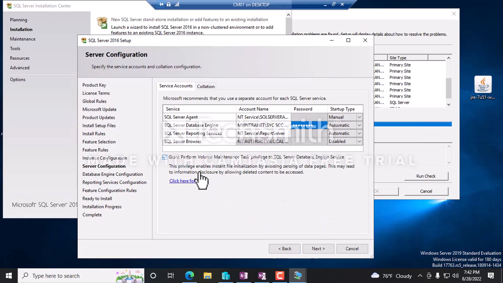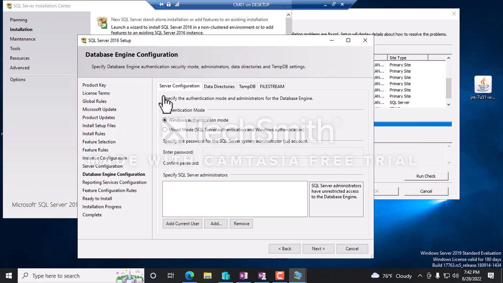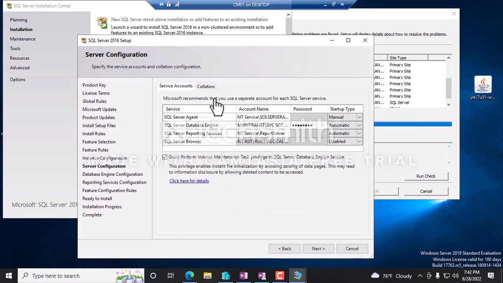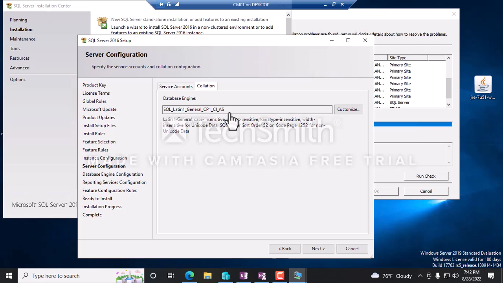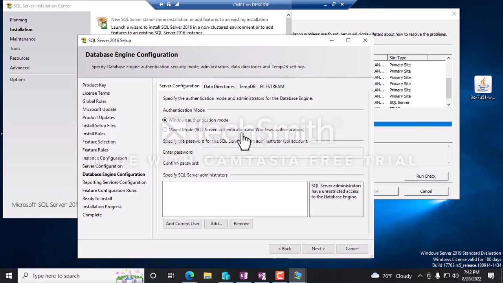Select this one. Next, collation, and also you can select the collation. This is the collation. Next, it wants to add the specific account used for the SQL server, then we can add the current account, or if you have any other account, you can select the other account as well. Next,